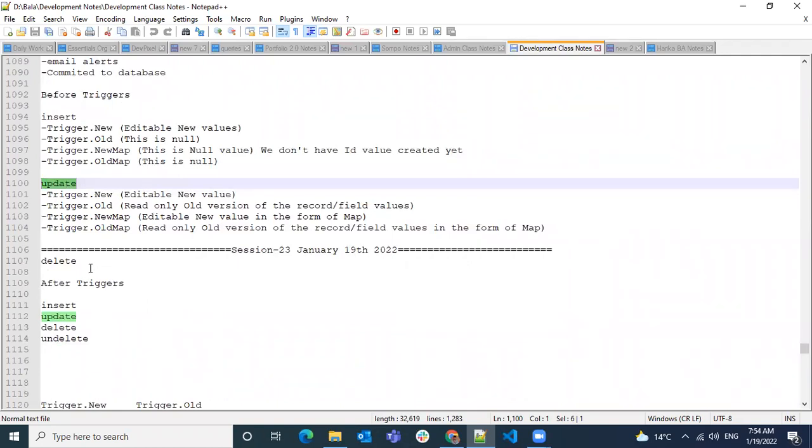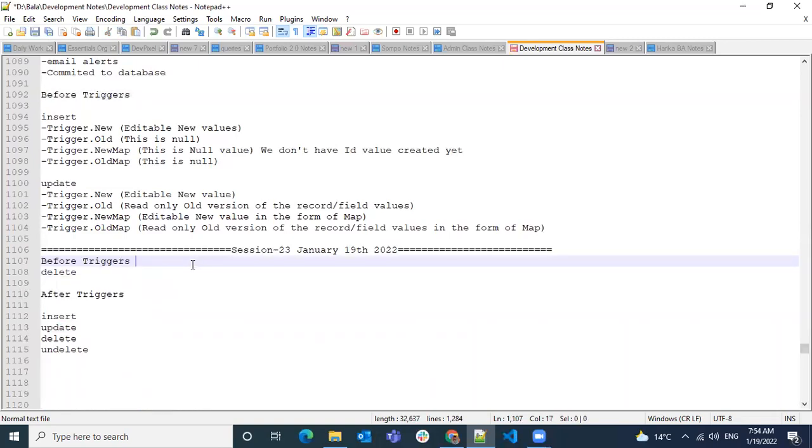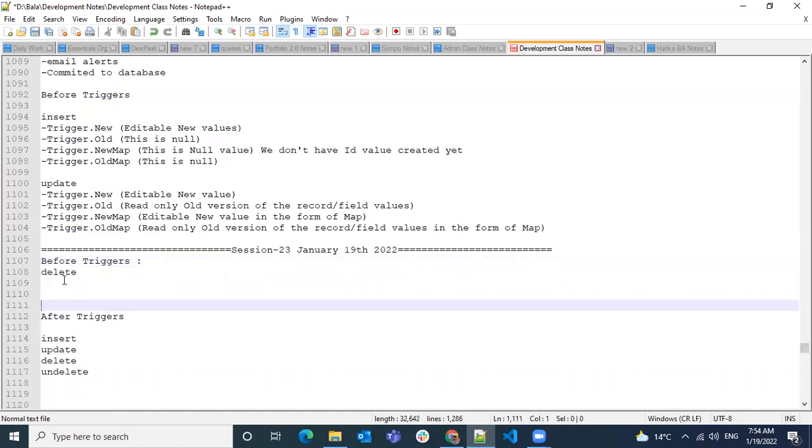Now let's continue with the next one, the delete. So in the before triggers, we have one more event, which is delete. So before we are deleting a record,